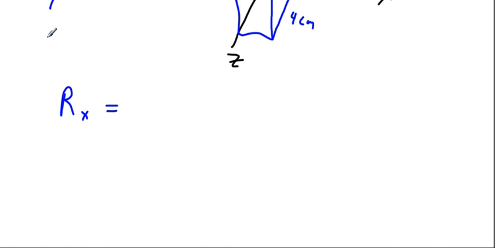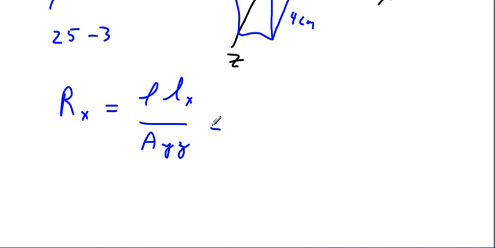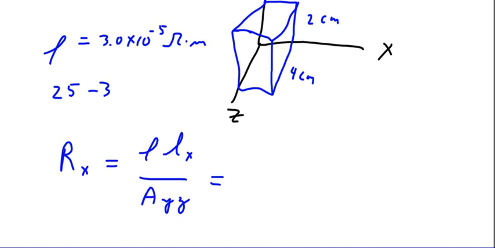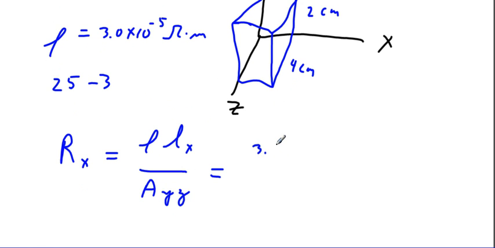Using equation 25-3, we find that that's rho, length in the x direction, over area in the y-z direction, because that would be the area we'd be dealing with. Okay, so that being the case, 3.0 times 10 to the minus 5, and the length would be 1 times 10 to the minus 2 meters,